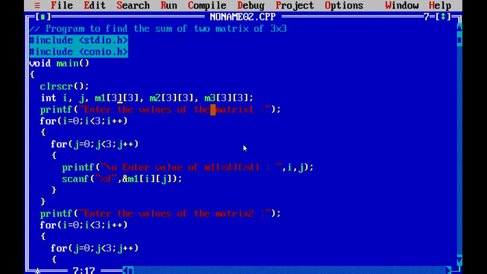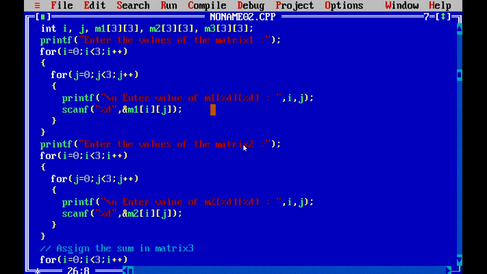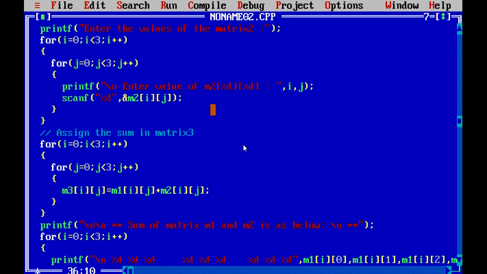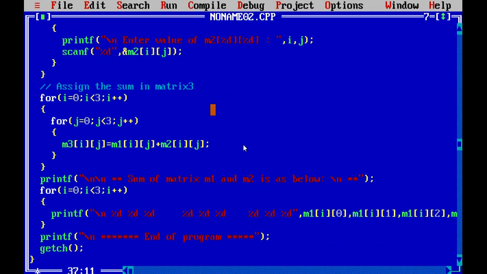So we have created 3 matrices of 3 row and 3 column of M1, M2 and M3, and we have taken the input value for the matrix M1 and the matrix M2, and we have assigned the value of the sum of M1 and M2 in M3, and we have just printed the values so that it is visible to our output console window in the proper format.